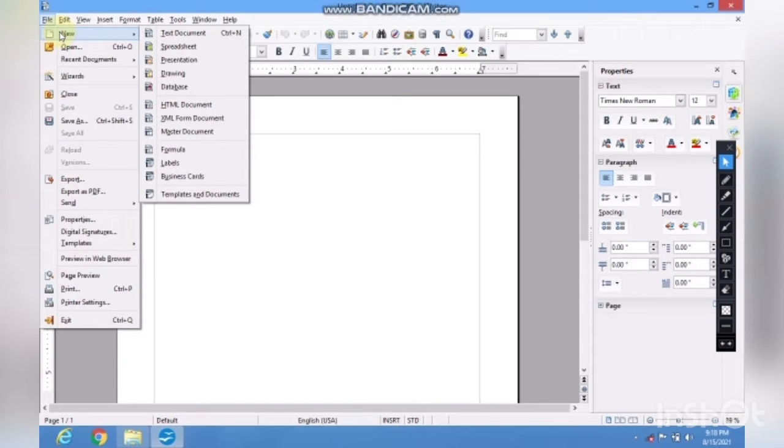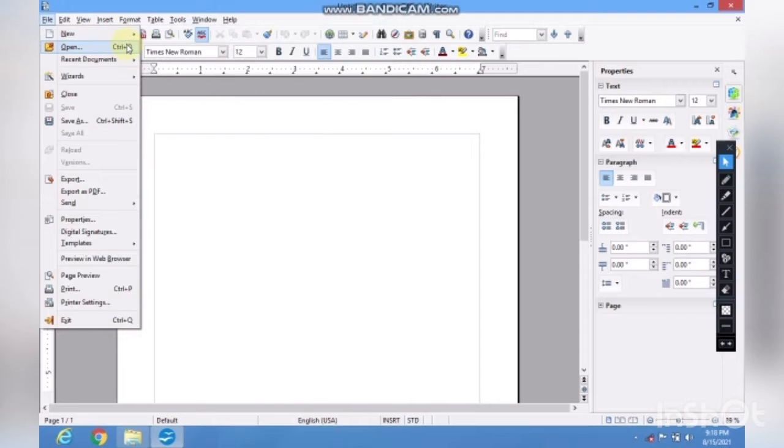Here in this sub menu I can see this many options like text document, spreadsheet, presentations, drawing, database and many more options. Okay, so you can create any type of document with the help of this new. The shortcut of creating a new document is Ctrl+N. Next is